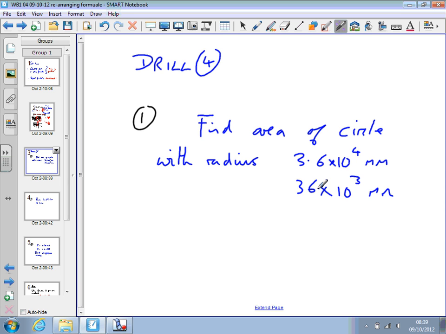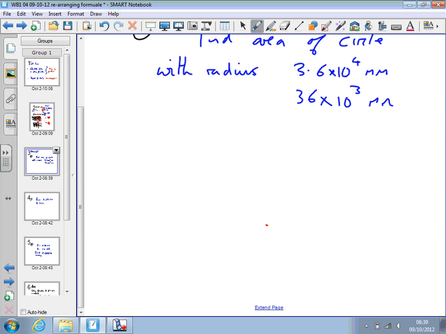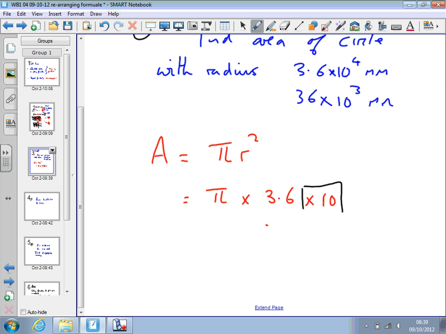So to do that, area is pi r squared for a circle, a familiar formula to you, I hope. So all I do in the calculator is hit the pi button, multiply that by 3.6, don't need to put any brackets in, hit the times 10 to the button, so that's a button, not multiplied by 10, times 10 to the, and then 4 if I'm using that particular one, and then hit the squared button, and I'll get the answer,